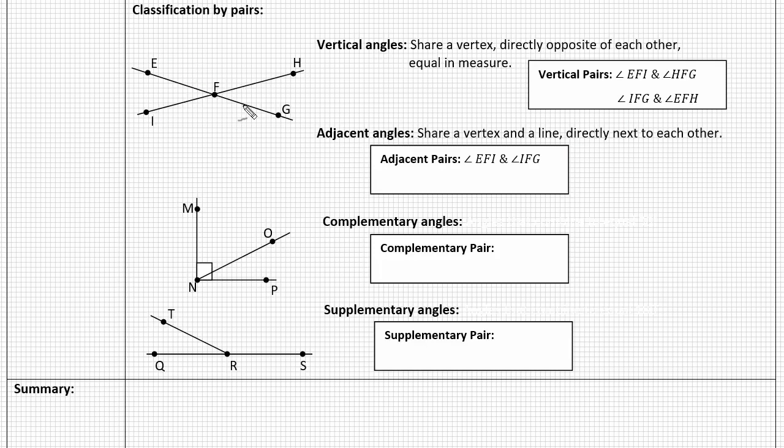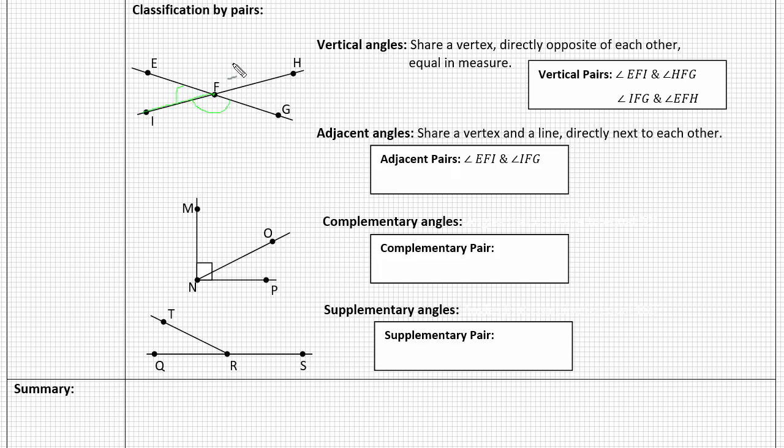The first one, and I'm using this diagram again, is angle EFI. So there's one. I'm going to mark it with green. And again, we're talking about adjacent. And that would be adjacent to IFG. Notice they share the vertex of F and they share this line I. So angle EFI is adjacent to angle